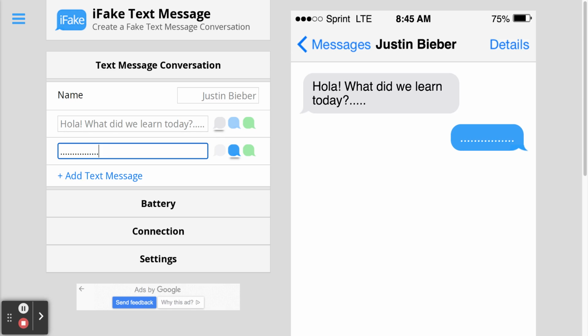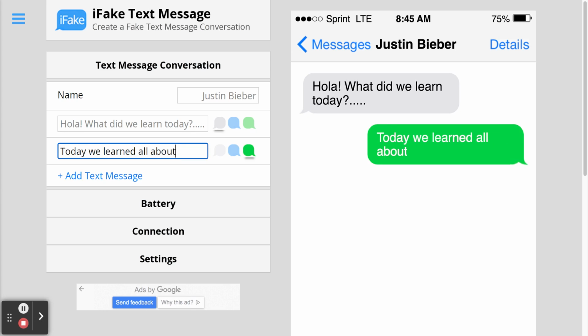And so the kids on their own device will say, we learned this in Spanish class, and we'll use examples from the vocabulary. Another way that you could use this is have your students actually create a conversation with two characters. So if Justin Bieber is who they're texting, then his circle might be a different color. So today we learned all about,